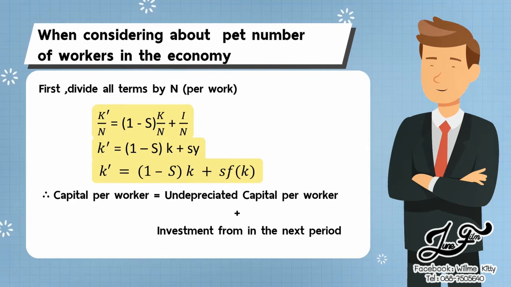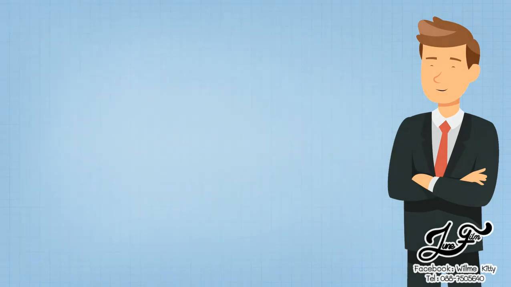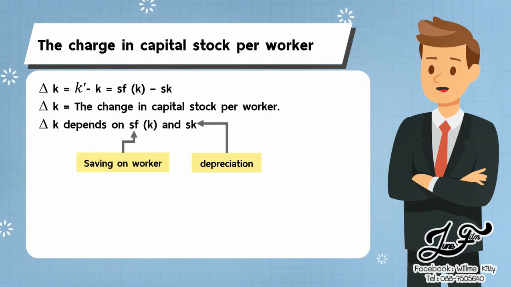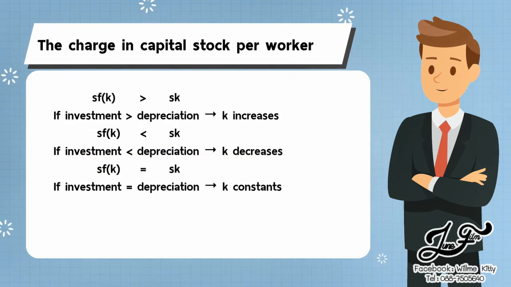It can be described as the capital per worker in the next period equal undepreciated capital per worker plus investment from this period. Now we will talk about the change in capital stock per worker. It is derived from our previous equation. The equation is delta k equal k prime minus k equal s times function of k minus delta k, which